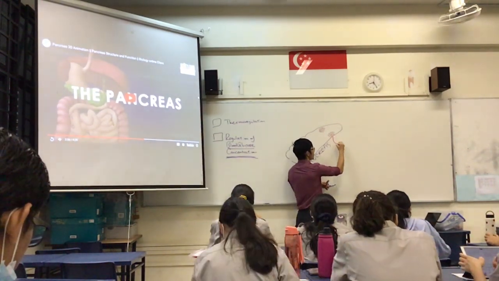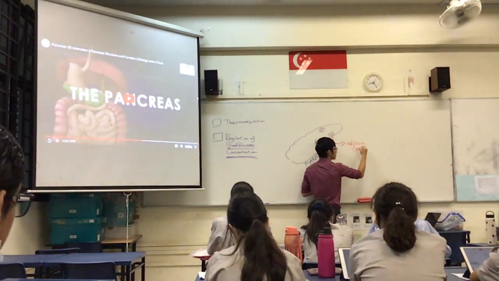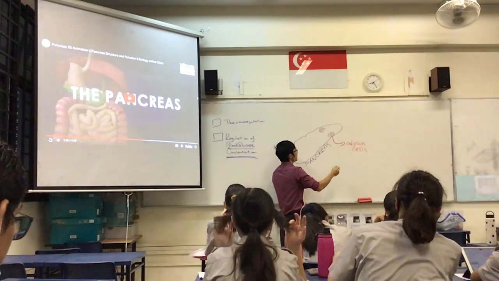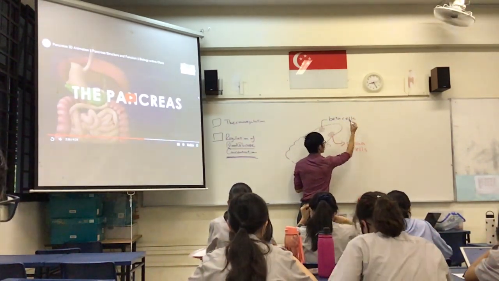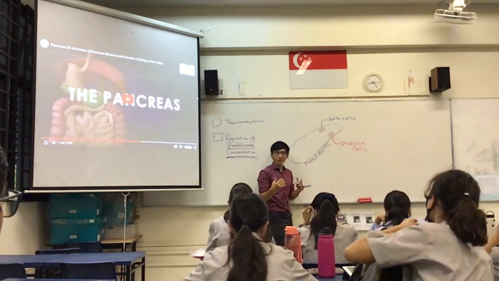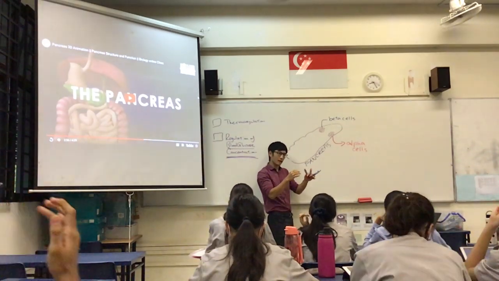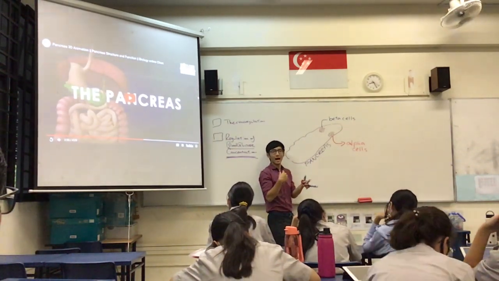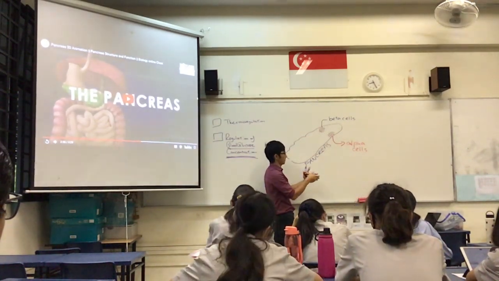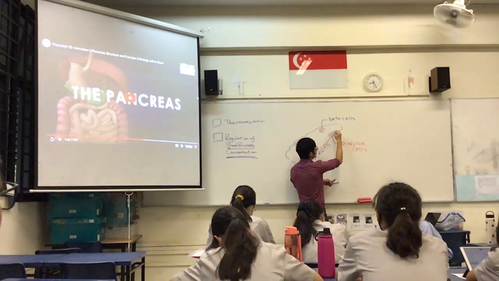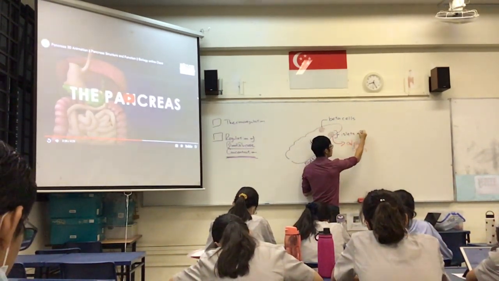First and foremost, within the pancreas, we have cells called alpha cells. We also have cells called beta cells. They are often found in a collection together. And we call these collections of cells like little islands. And so they are called islets of Langerhans, because that's the name of the person that discovered it. So this little collection of cells, islets of